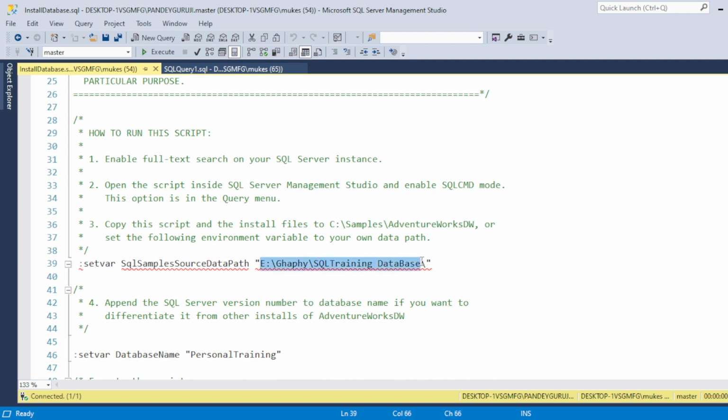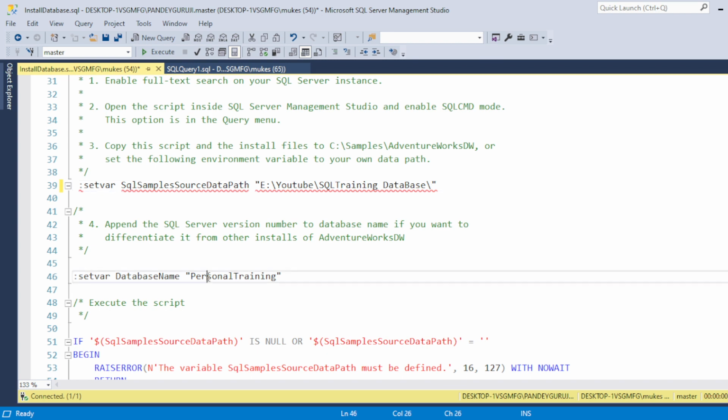SQL training database. So please make sure the backward slash, there is no need to remove it here. And also here you need to change the database name, whatever you want to put as the database name. Okay, so let's see, I'm putting the SQL session YouTube. Okay, so I put in this database name, but you can see this red is still highlighted.